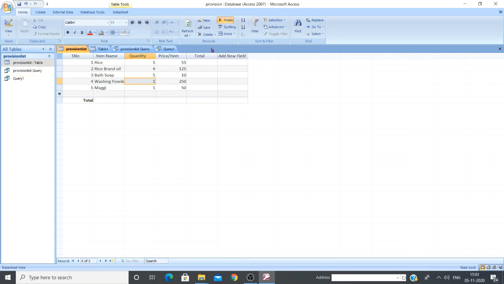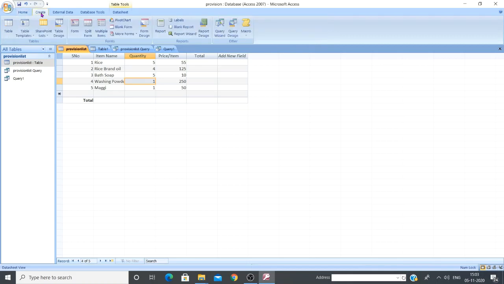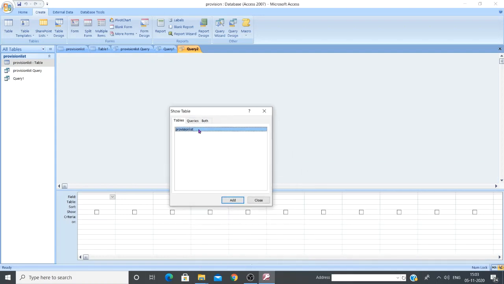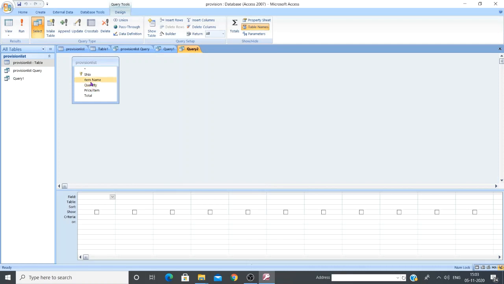So would you like to do one more query? Okay, so let me do query design. Okay, it shows the queries, select the table name, add it, and then click on the Close button, and I need item name, quantity, and price. Okay, so now I'm going to give a criteria.